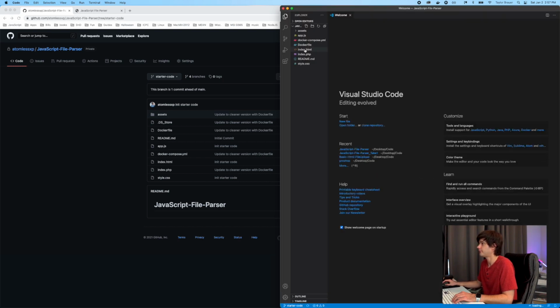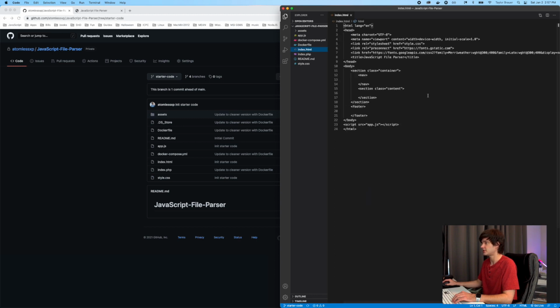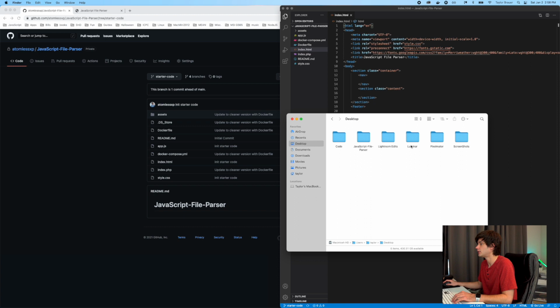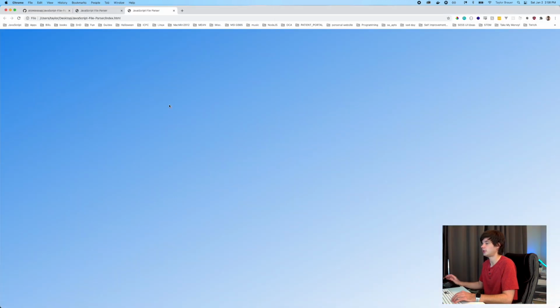Okay, we open it up, we'll go to Index, and we see we just have our standard boilerplate starter code. All right, so now what we can do is open up, say, our Finder here. You can see we have our directory here. We could go ahead and just open up index.html, and then here's your starter code template. But this means every time that we make a change, we have to reload this, and I don't like